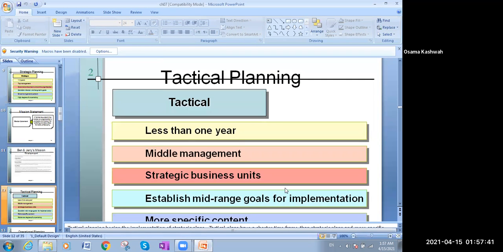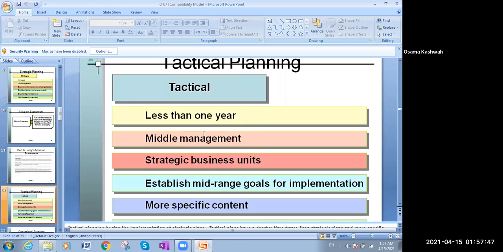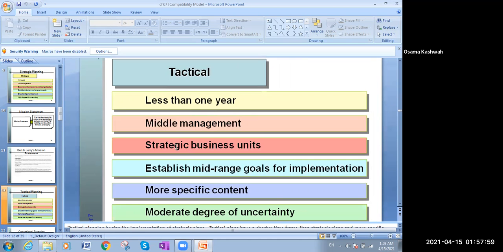So we talk about now the strategical planning. Now we will talk about the tactical planning. What do you mean by tactical planning? Tactical is more detailed than the strategic. Tactical, we go to the details itself. Okay, and also the time span is less than 1 year, and it's done not by the top management